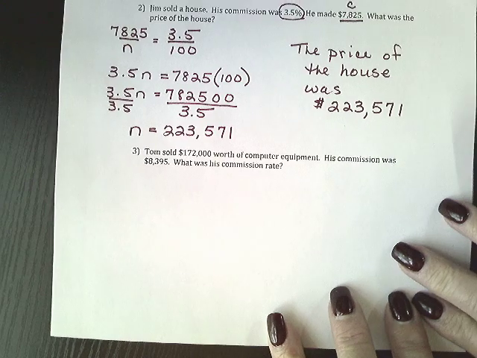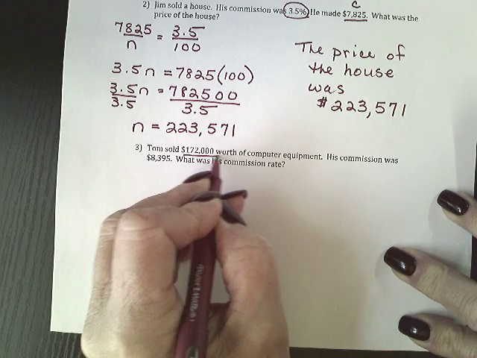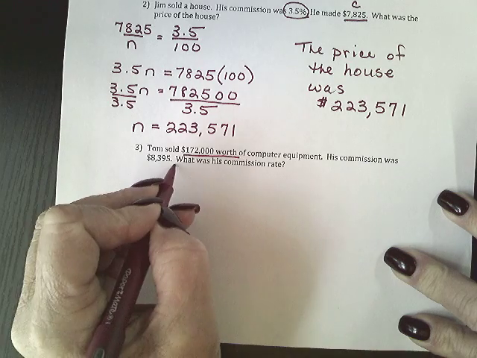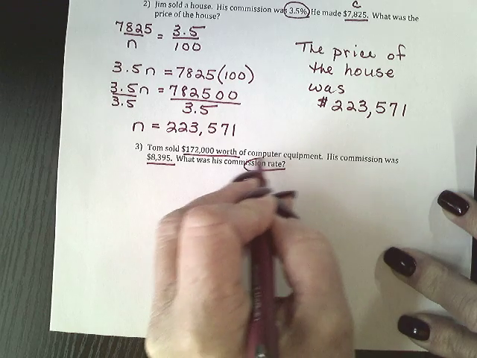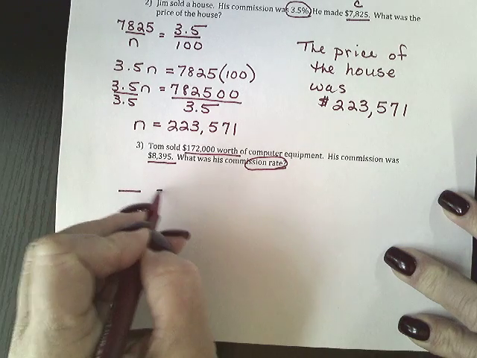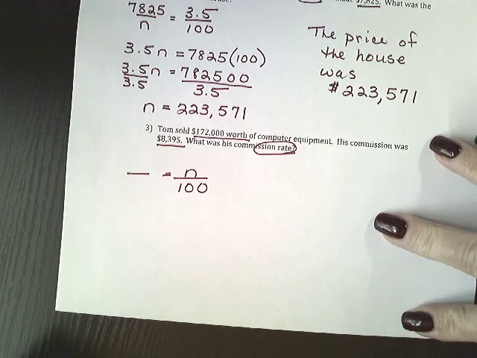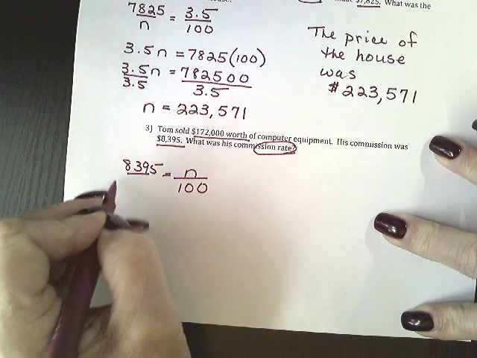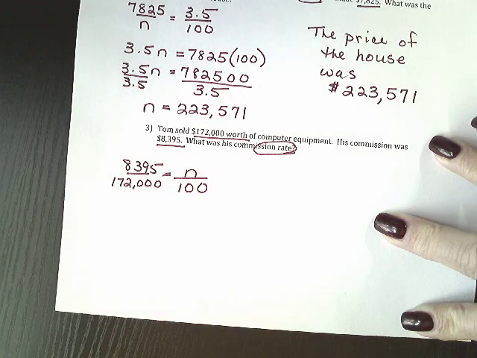And the last problem, we're going to be looking for the rate. So Tom sold $172,000 worth of computer equipment. His commission was $8,395. What was his commission rate? So we are looking this time for the percent. So his part, $8,395, and his whole was $172,000. So he sold $172,000 and he earned